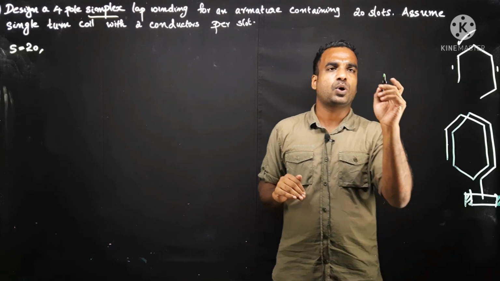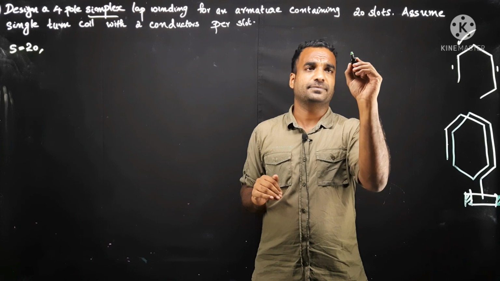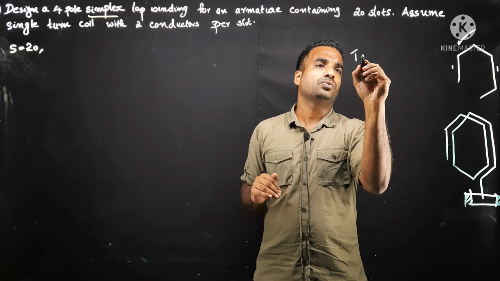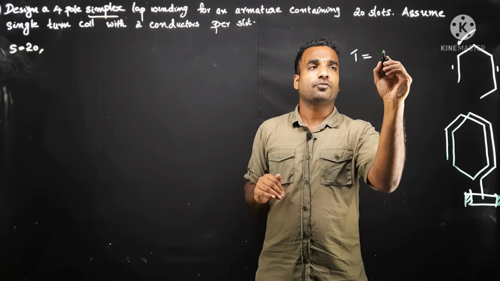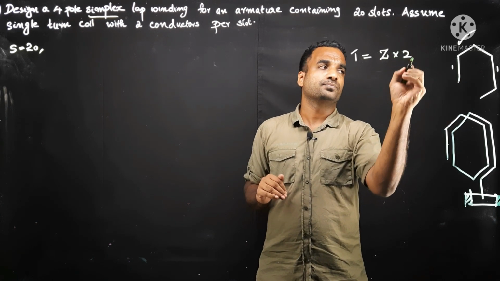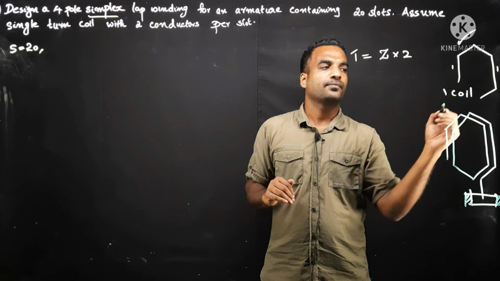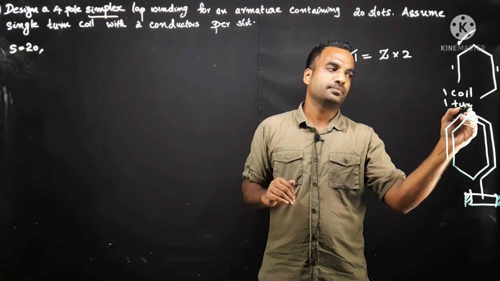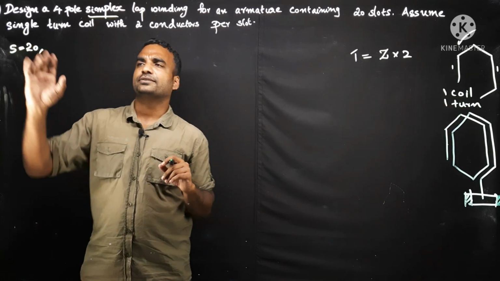For a singleton coil, number of coils or number of turns is equal to number of conductors Z divided by 2. Here we can see there are two conductors and it is one coil or one turn, like that. So we have 20 slots,